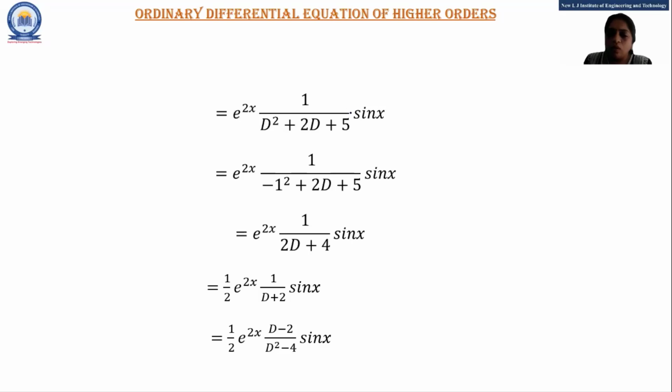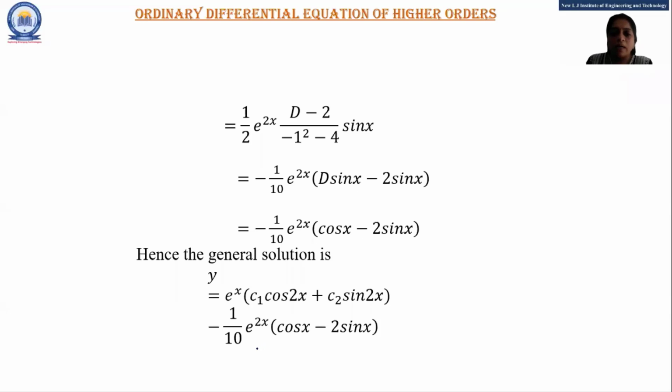As per the rule, I have to substitute the multiple of x in D square of D with a minus sign before that. So after simplification, I have 1 upon 2D plus 4, right? So if I take 2 common, then e raised to 2x upon 2, just 1 upon D plus 2 is there. After taking the conjugate in the numerator and denominator, D minus 2 upon D square minus 4. Then now again I am applying my case 2. So if I put 1 square with a minus sign before that, then in the denominator I have minus 1 minus 4 is minus 5, and minus 5 into 2, that is minus 10.